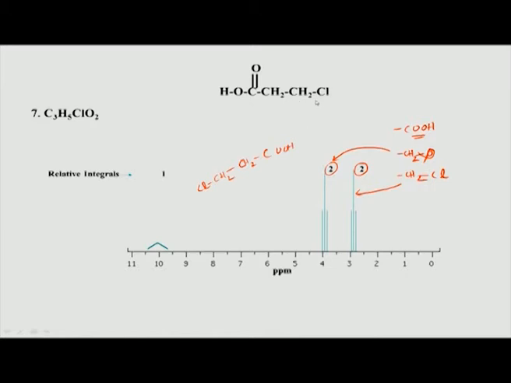So, this CH2 which is attached to Cl is basically downfield shifted here, coming at this position, and that CH2 which is attached to COOH is coming at 3 ppm, because there is no oxygen. Remember again, if you look at the slide we looked at, if you have a CH2 Cl or C attached to oxygen or halogen